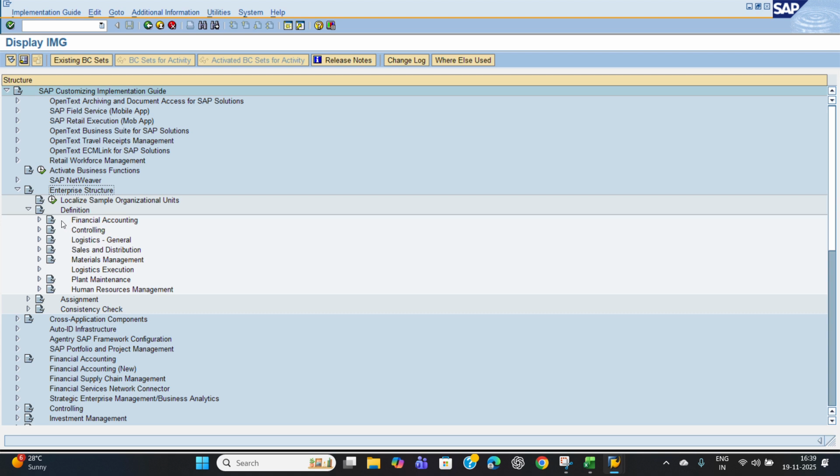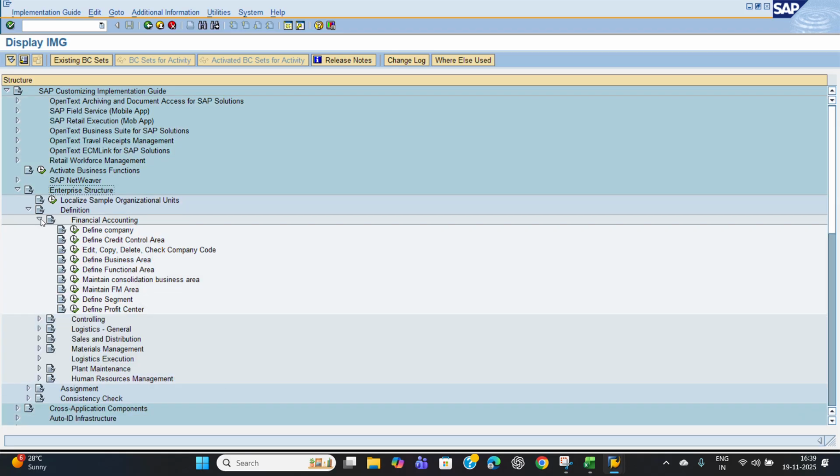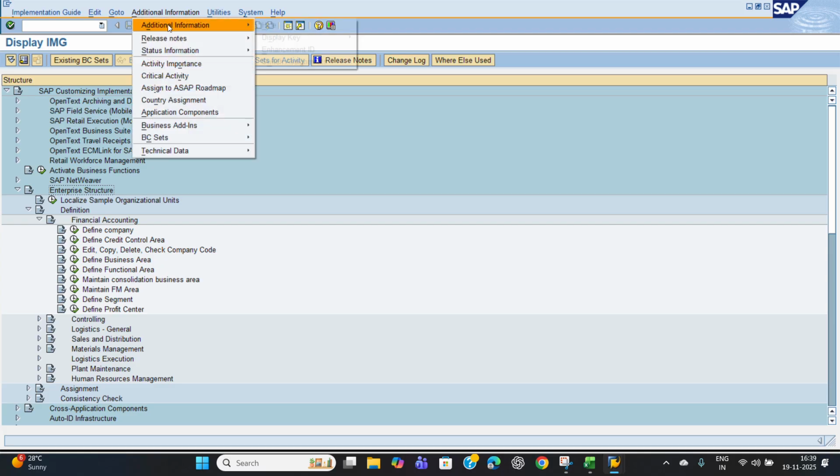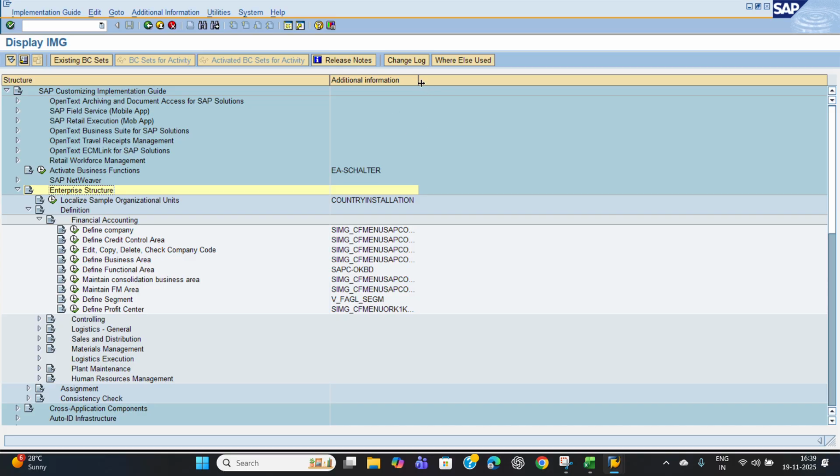Select the financial accounting by clicking on this arrow, and in financial accounting there are two organization units which are company and company code. To check the T code, we need to click on additional information at the top. Again, click on additional information, click on display key, IMG activity,